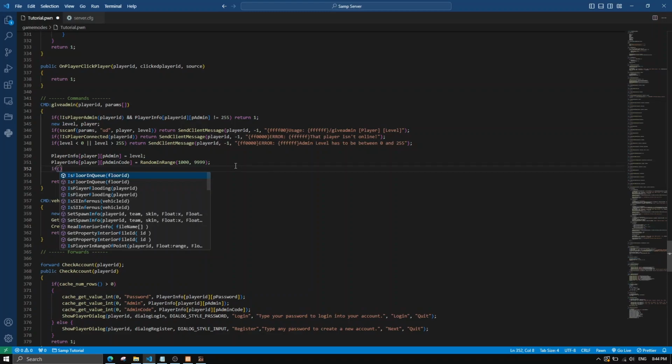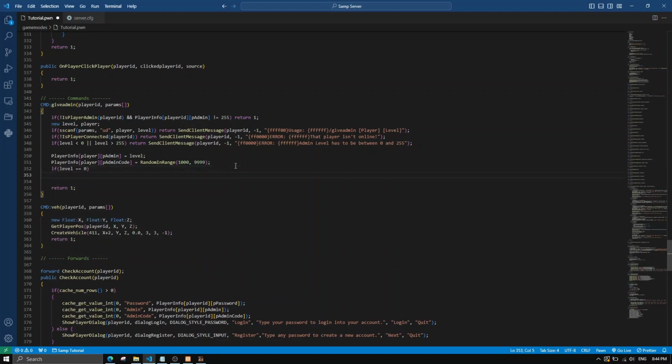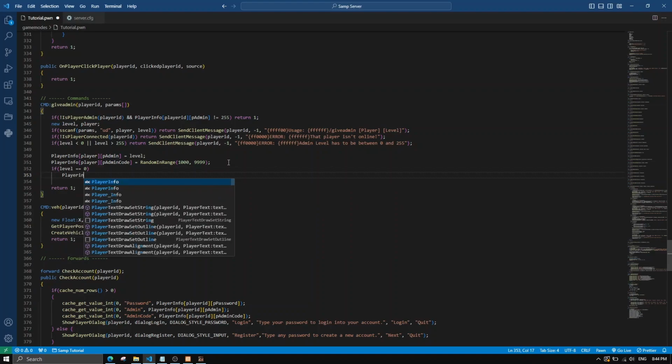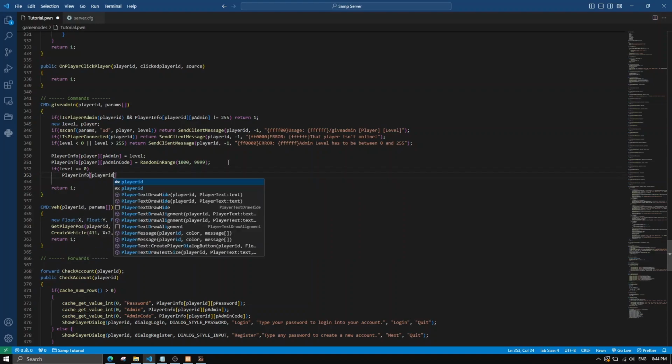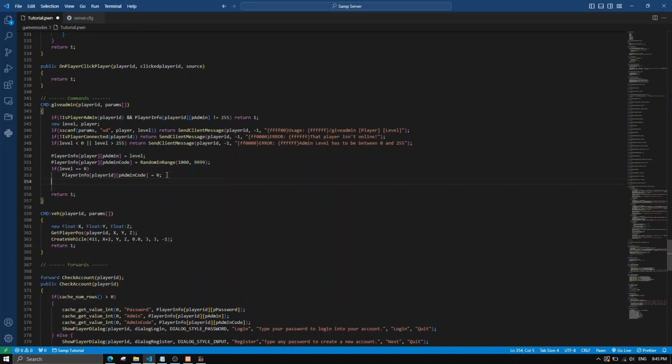We need to also check if the level is equal to 0. We should put the admin code to 0 also. Because the player isn't admin, he doesn't need any admin code, so we're putting the admin code to 0. And after that we can save the player,